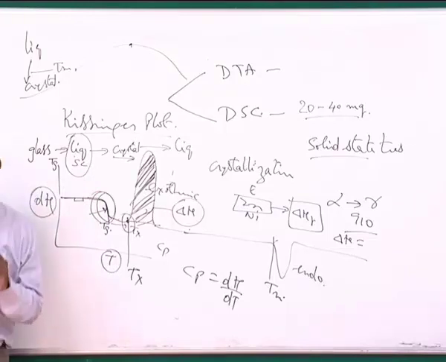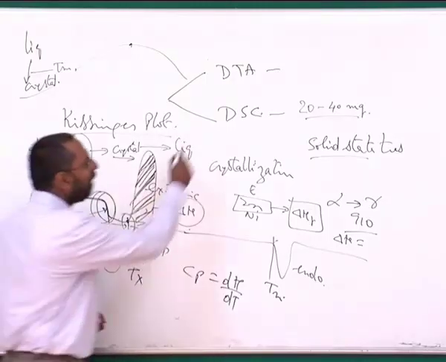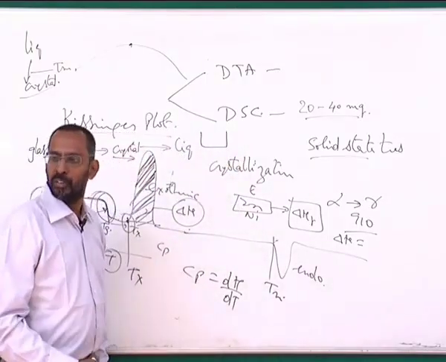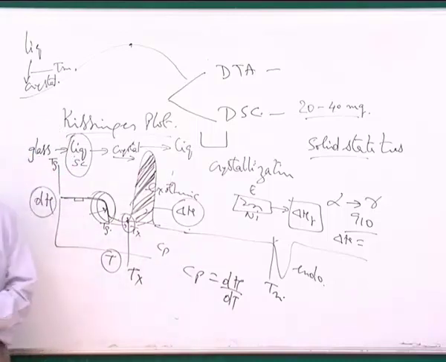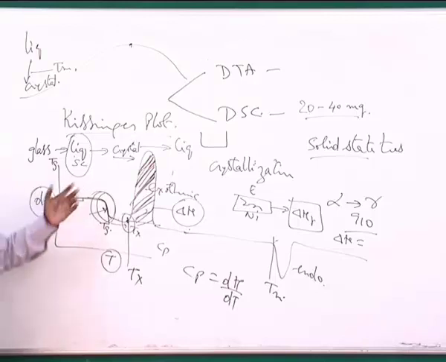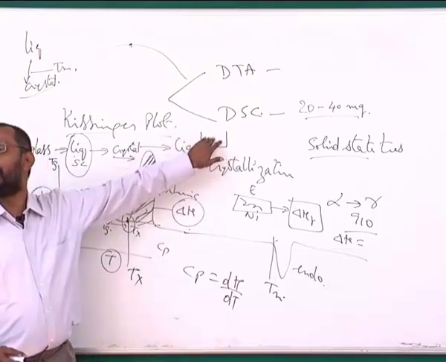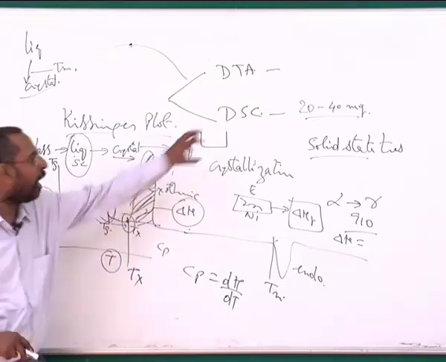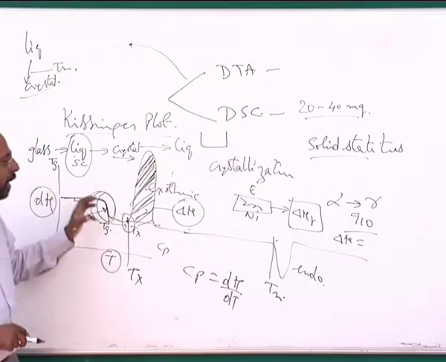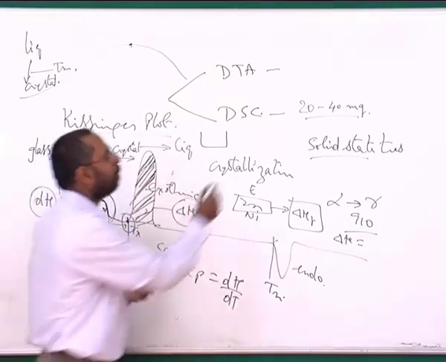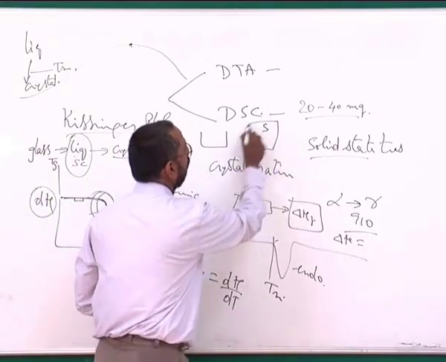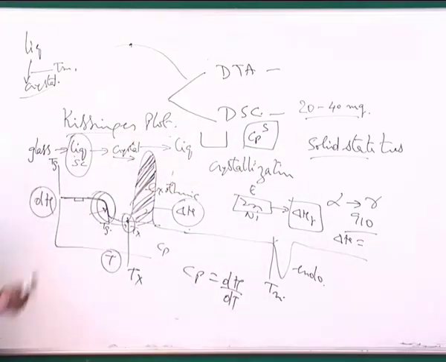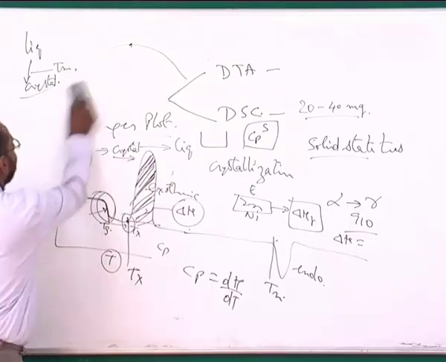But one has to remember that what I am measuring is not the Cp of my material, because there is a reference also here. So what I am actually measuring is the Cp difference between my reference and my material. That information has to be remembered. So in principle, if I know the Cp of my reference material as a function of temperature, which is available in standard handbooks, I can deduct that from this, and whatever I get, the difference will be the Cp of my actual sample that I am interested in. These are things that people do regularly.